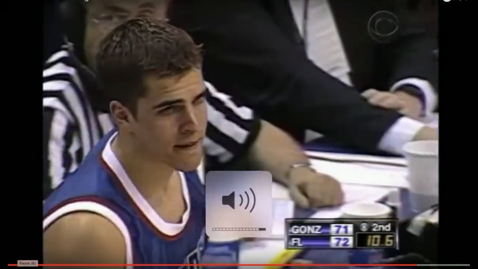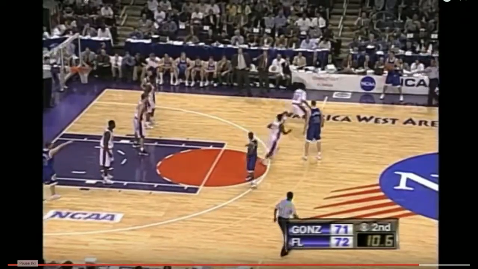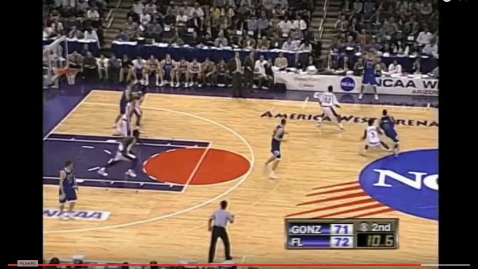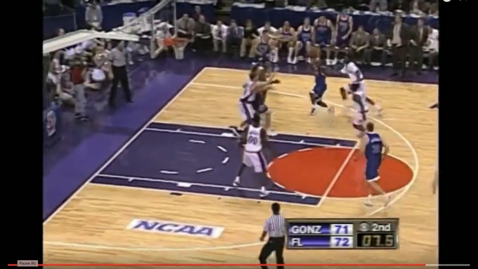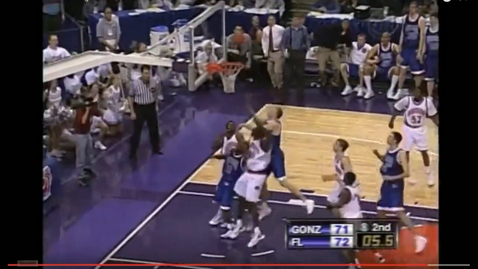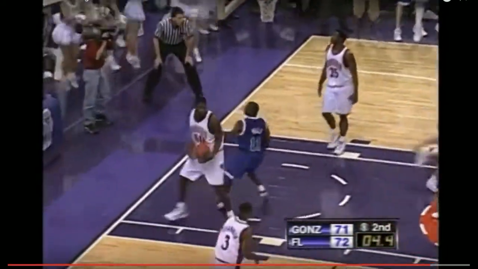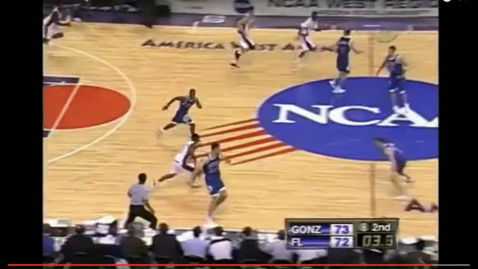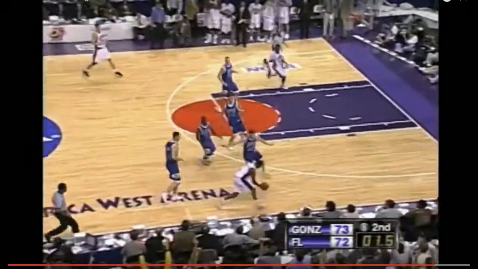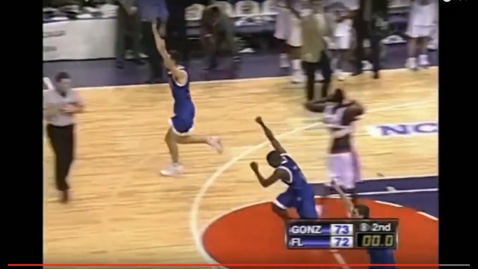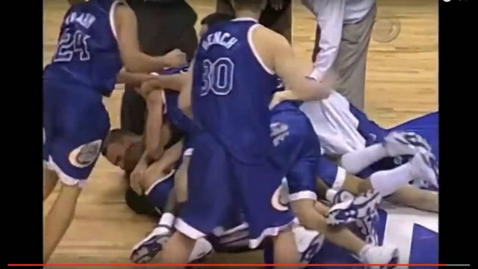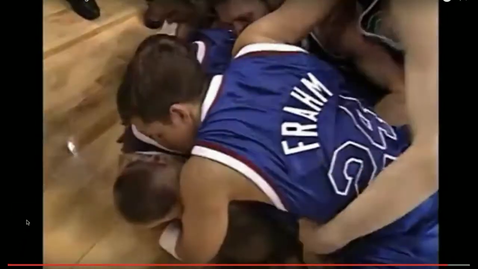Gonzaga very fortunate to keep the ball. Florida goes back into the zone. Shot clock turned off. Calvary, Hall, 8 to shoot. Hall, the runner! Loose ball! It's good! With 4.4 to go. Shannon, don't want to foul. Shannon from the corner! And it's over! Gonzaga! The flipper still fits! They win it! 73-72!